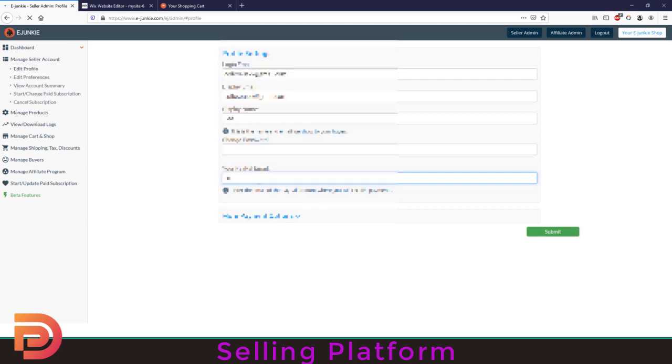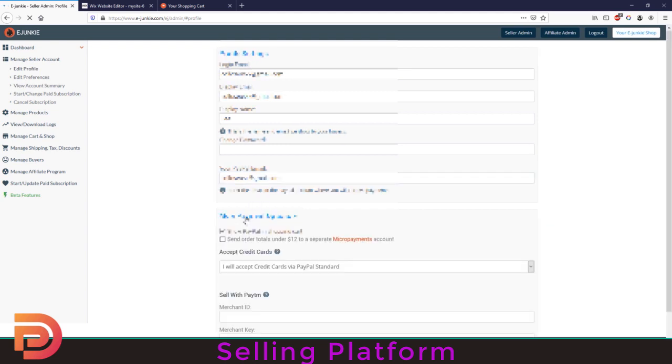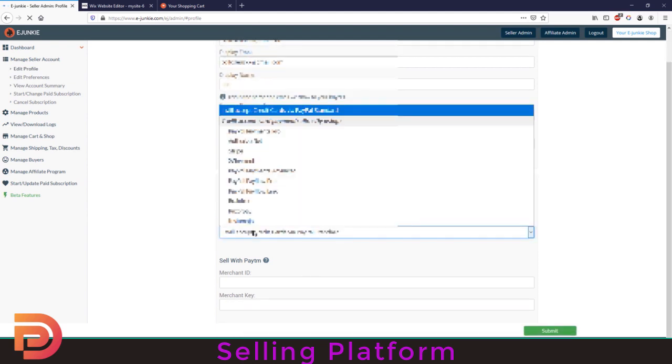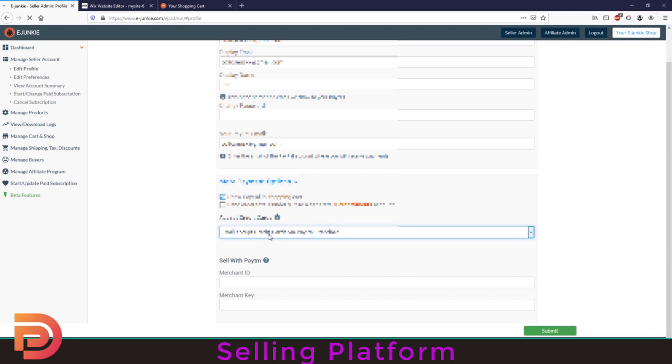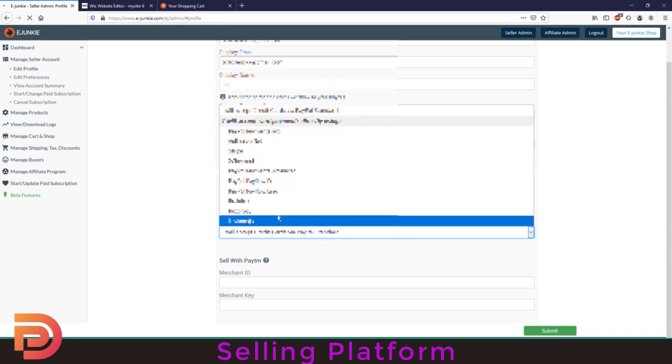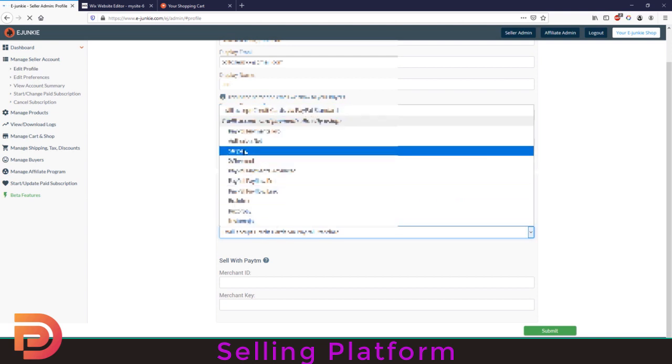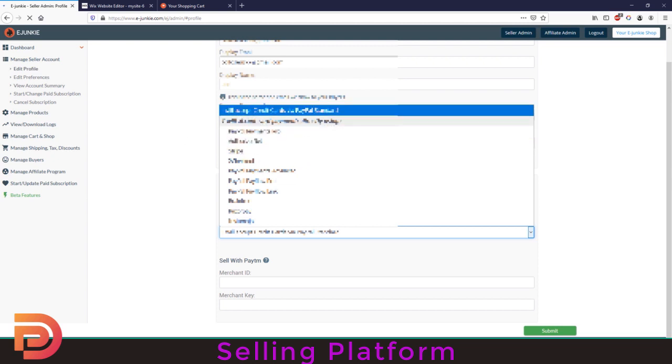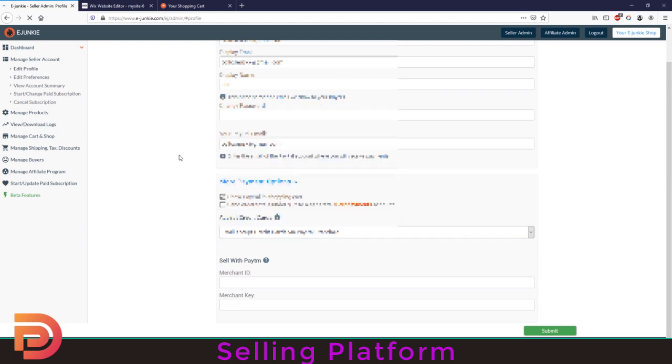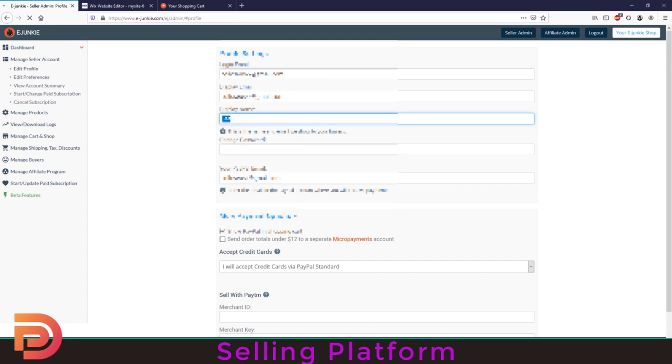Now I'm going to put my PayPal email address in, and then on the more payment options, just make sure you select show PayPal in shopping cart, and you select I will accept credit cards via PayPal standard. You can choose other ones like Razorpay or Stripe, but I normally go with PayPal because it's quicker, it's easier. Display name, it's got mine as Lee. You could set this as